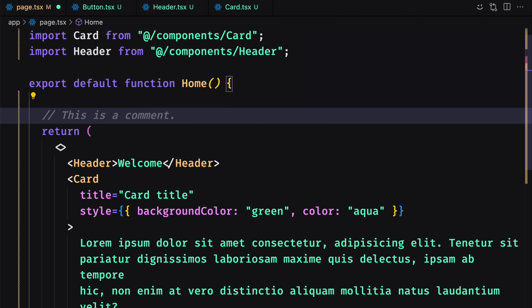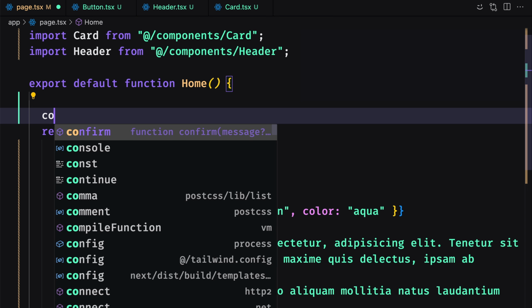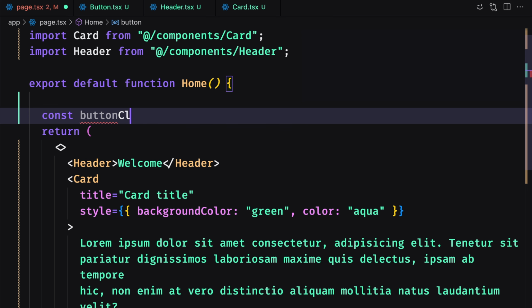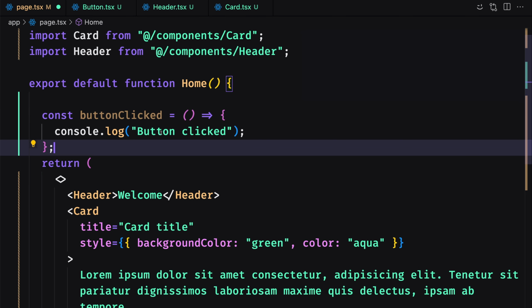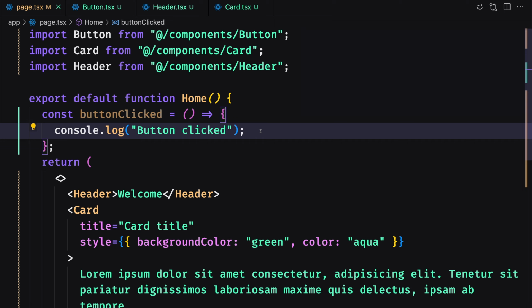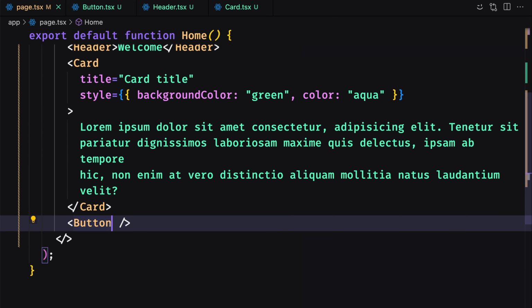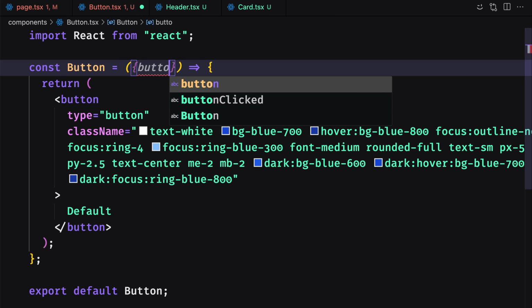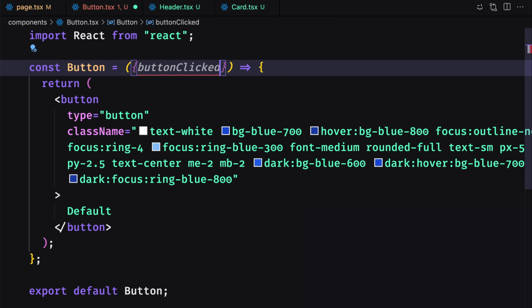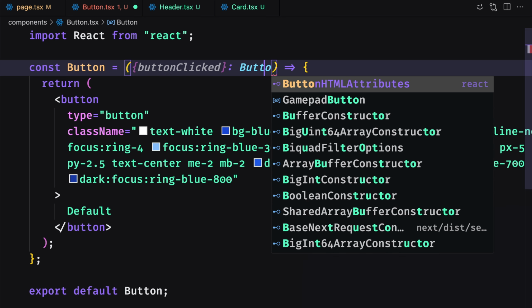I will create here a function. So I'm going to create a constant and say button clicked. And yeah, just let's say console log button clicked. Okay, now here on the button, I'm going to say button clicked to be assigned to button clicked. Let's go to button, and I'm going to destructure the button clicked, which is going to be a type of,